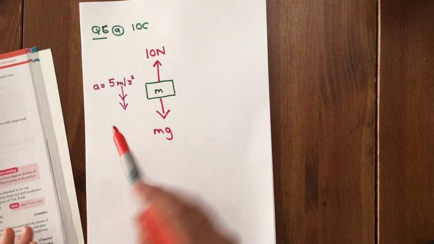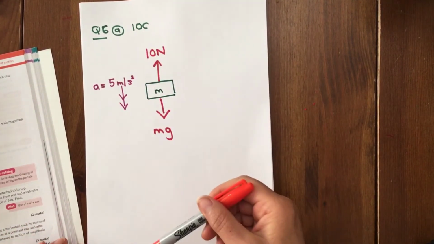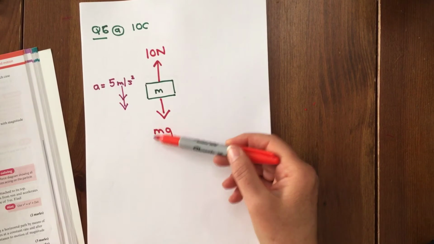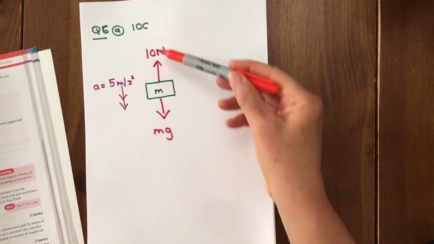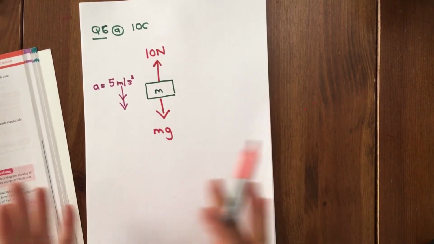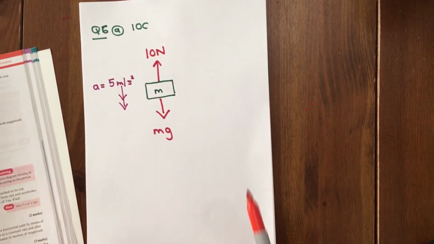So the object is accelerating downwards. That means that this must be more than 10, otherwise it wouldn't go downwards. If these were equal, then it would just be in equilibrium and wouldn't be moving. So,